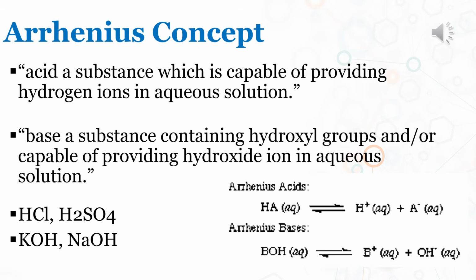So what are a few examples that we have for the Arrhenius acid and Arrhenius base? For the Arrhenius acid, we have hydrochloric acid, or HCl, and sulfuric acid, or H2SO4. Well, for the Arrhenius base, we have potassium hydroxide, or KOH, and sodium hydroxide, or NaOH in chemical formula. Okay,